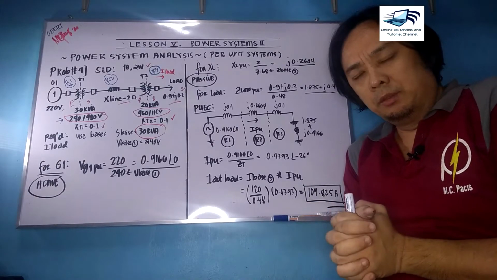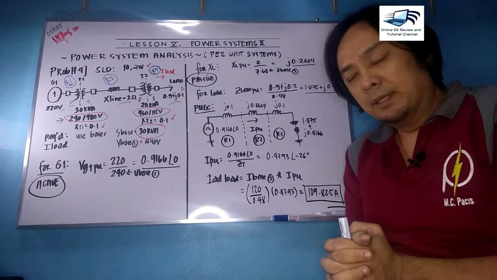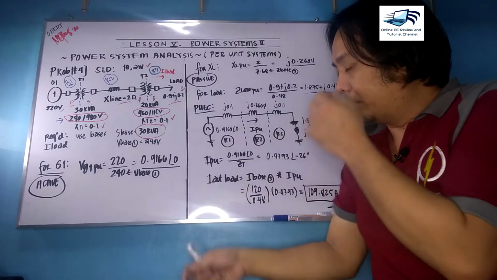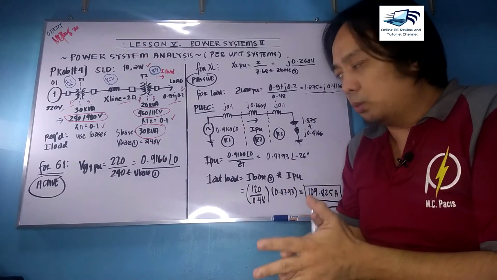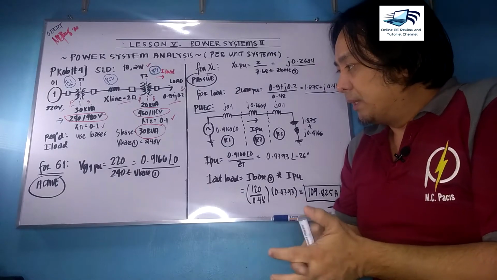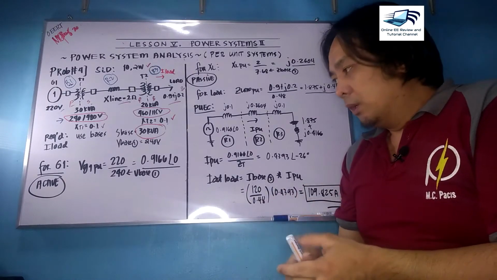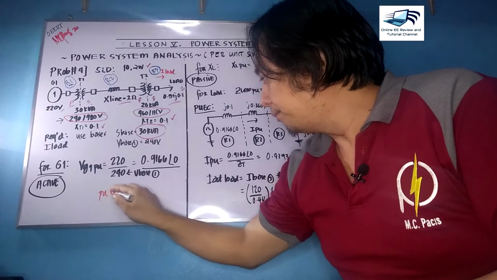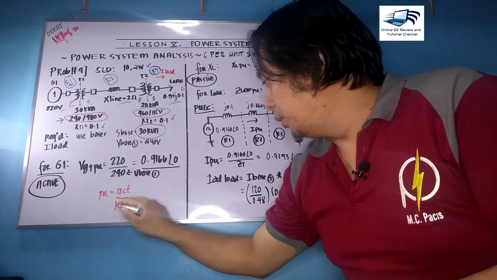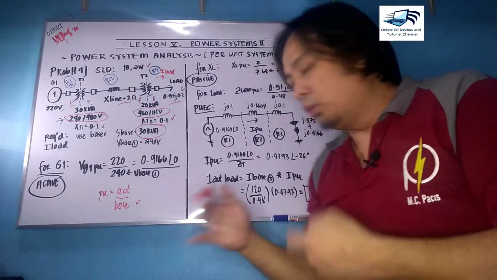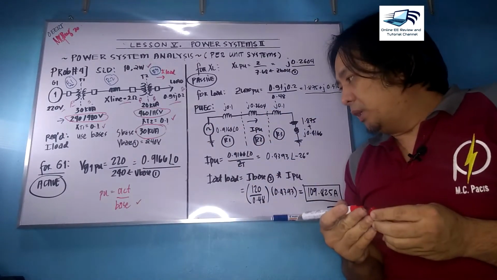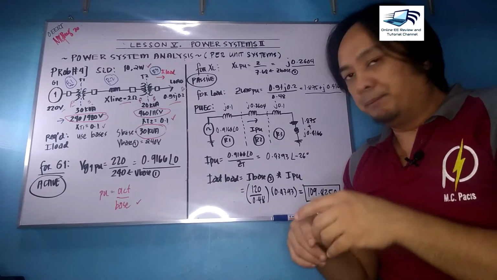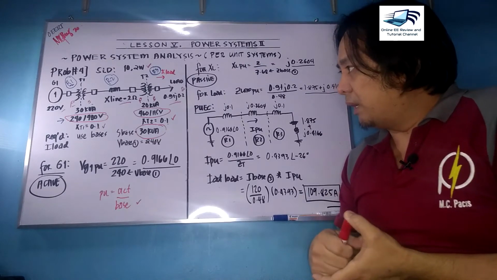Now, we can proceed to the conclusion of this problem. From the last slide, we converted all of the per unit impedances or reactances to their corresponding base. Now we will convert all of the active and passive elements to per unit using the basic formula: actual value divided by the base value. Please go back to the base computations on the previous slide so that we can already compute the per unit values of these